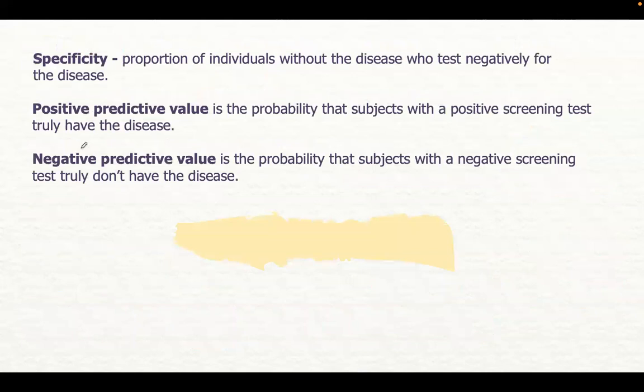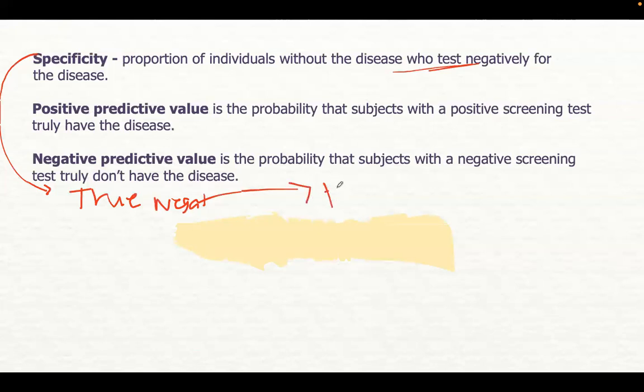Next is your specificity. It is the proportion of individuals without the disease who test negatively for the disease. So, ang dinadetect po natin dito is we're trying to detect the true negative. Okay? Yung mga nag-test daw po ng negative, tulad ng sinabi sa description. And we're trying to avoid to detect the false